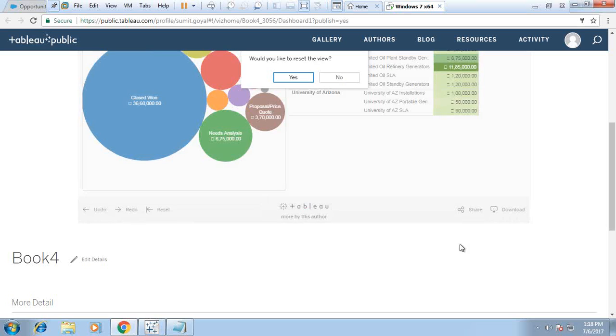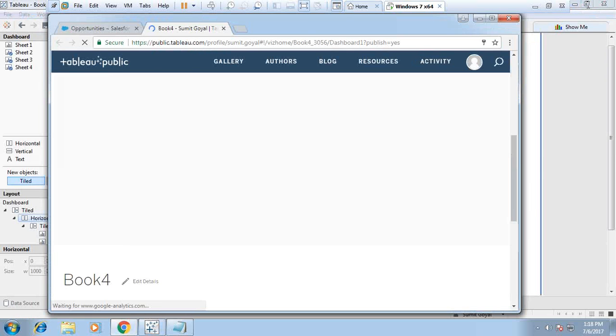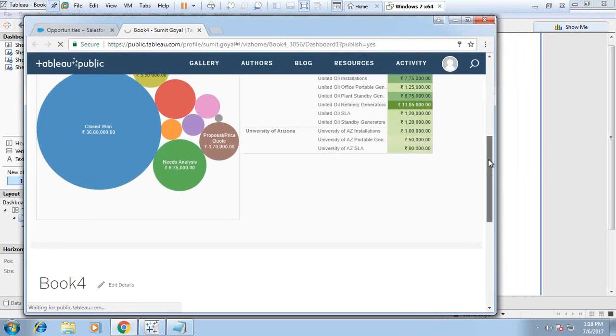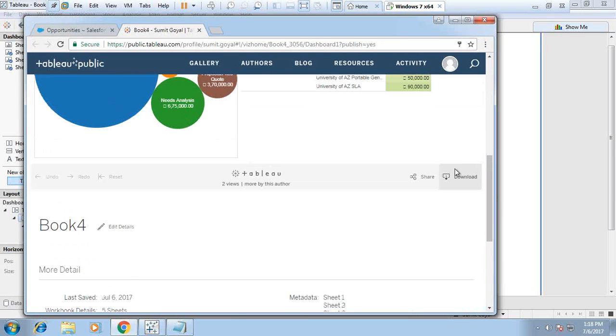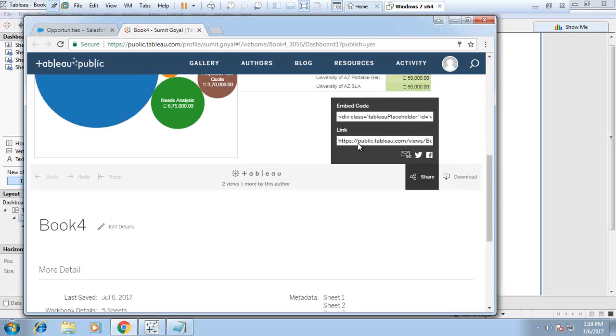And in order to do that, we have an option called share. Click on share. So I click on share, and we will be getting here two things: embedded code and link. So this link can be used to embed into Salesforce, and this embedded code will be used to embed this dashboard into an HTML page. So I copy this link,